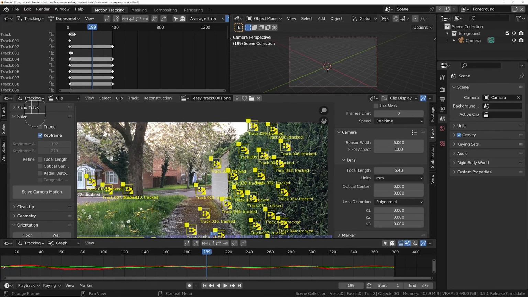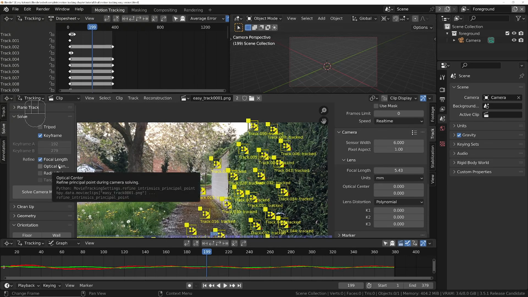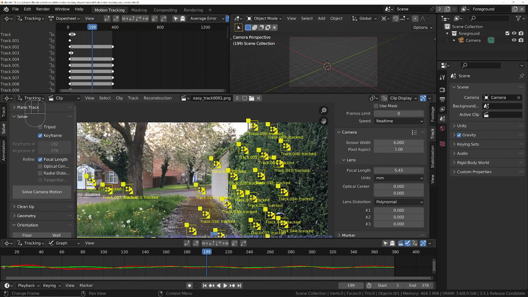So once you've done that, we can also have it automatically improve the focal length based on what you've got in there. So I'm going to tick this. And then the optical center and radial distortion will try and change these settings over here so that any distortion in your camera is automatically detected and then updated over here to give you the best possible result. So with these two ticked as well, I'm going to choose solve camera,